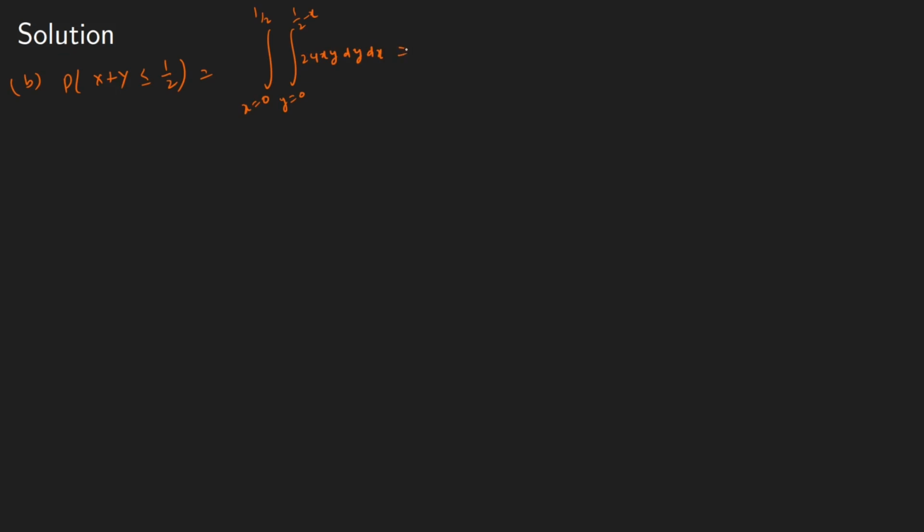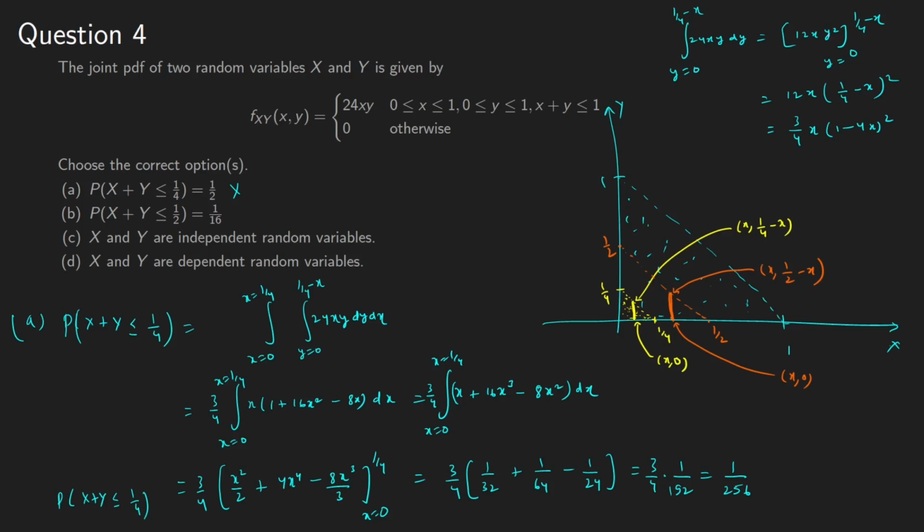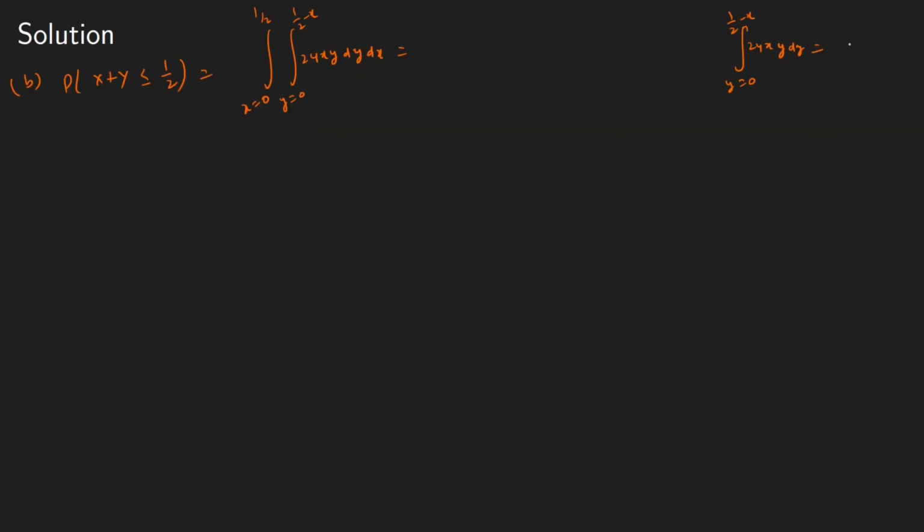So first let's do the inner integration that we have already done in the previous case, but the limits are different in this case. 24xy dy, between y equals 0 to 1/2 minus x, which we integrated earlier also, and we found it was equal to 12xy squared,